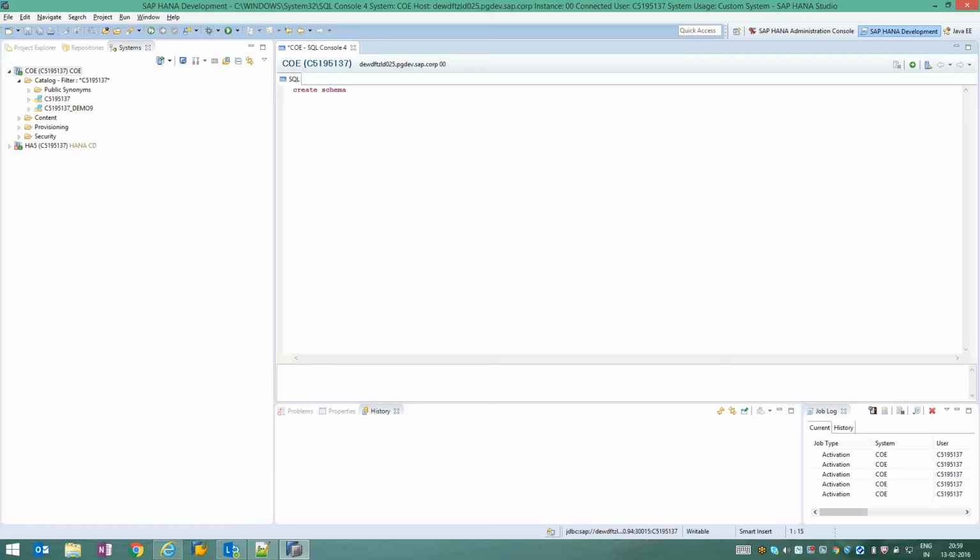Now, whatever I have written over here is going to execute that SQL statement and it is going to create a schema internally in this DB. Now, if I'm going to use this kind of environment to work, let's say we have a system landscape such as a development system, a quality system, and a production system. Now what we would have to do is end up creating and executing this SQL in each of the systems. Now when I'm in the development phase, I have to execute the structured query language for creating the schema, the table and all the other related information over here, so that those development artifacts will be created in the DB.